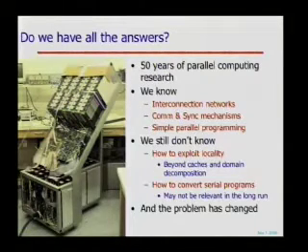What's interesting is that there is a lot of stuff that we do know from 20 years of research, or more actually. The research on parallel computing goes back to the 50s. We know how to build very good networks to connect the processing nodes together. We know how to build very efficient communication and synchronization mechanisms. There exist user-level communication and synchronization mechanisms that make it efficient to pass single-word messages from one task to another, and to do it every few instructions. You don't need to bulk your messages up to thousands of words to amortize overhead. That's an artifact of inefficient implementation. And we understand how to write simple parallel programs.